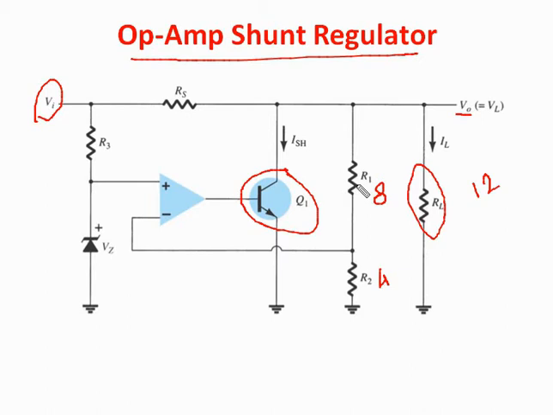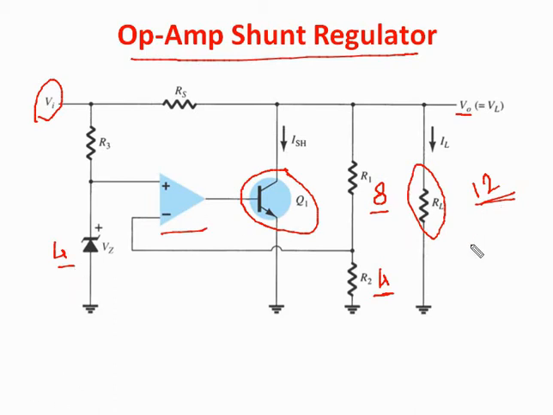Suppose we increase the value of R1 from 8 to 16 ohm, so we have to increase the value of resistance R2 from 4 to 8 ohm. So here we get the 8:4 ratio. So it divides the 12 volt into 8 and 4. This 4 volt is considered as the output voltage. Variation in this 4 volt is considered as the output voltage change from 12 volt. So 4 volt is considered as the output of 12 volt. So we have to give the reference voltage to the op-amp as 4 volt.